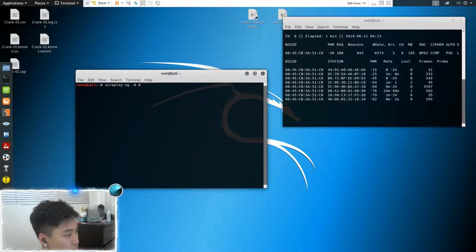-0, which pretty much means it's gonna keep sending out the authentication packets to force the device to disconnect until we pretty much say stop. And then we're gonna need to do -a, which is the router's BSSID. So right there,